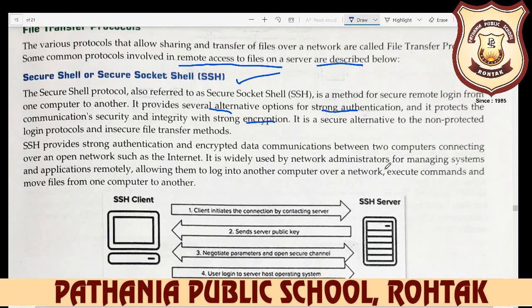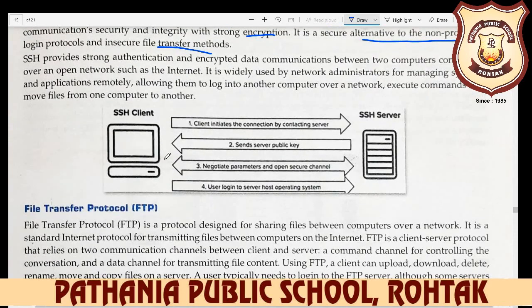So it is a secure alternative to non-protected login protocols and insecure file transfer methods. SSH provides strong authentication and encrypted data communication between two computers connected over an open network such as the internet. The internet is a public, open network, where your data is always communicating.